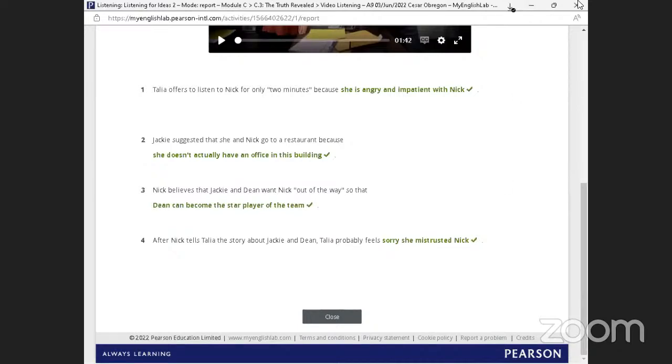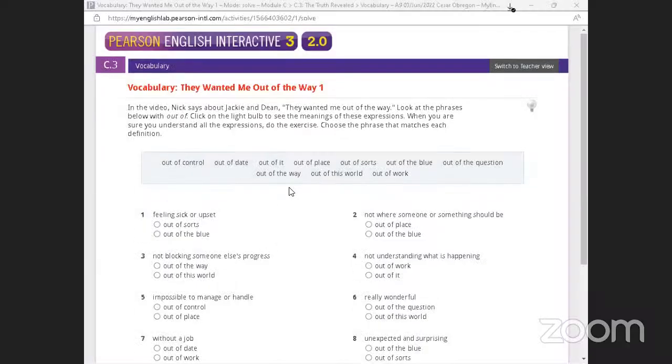No problem. Okay, so this story is getting very interesting. Yes, it is. I can't wait to see it. Well, we are very, very near starting a new module. So we're probably going to find out more information in regards to this, okay? So let me show you my screen. Let's go into the vocabulary section, okay?